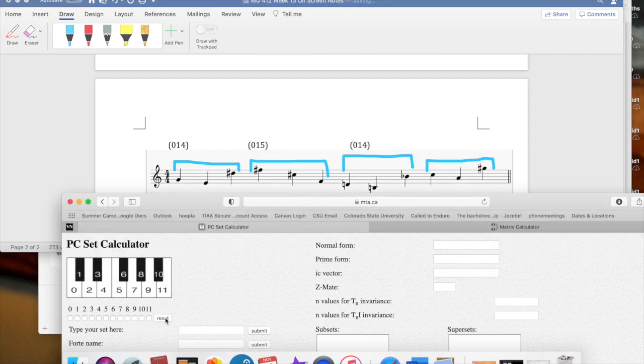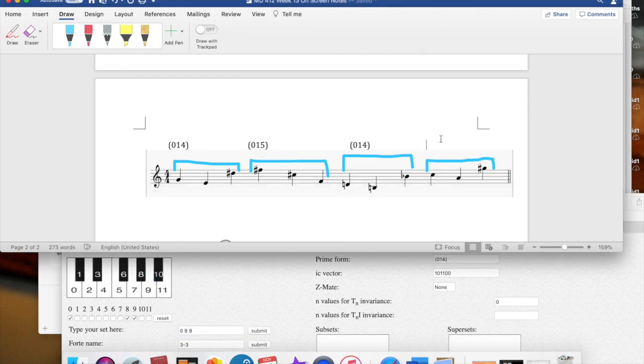And then if we reset that again, we've got finally C, A, and G sharp. C, A, and G sharp. 014 again. So note that 014 happens 3 times within the breakdown of this row.